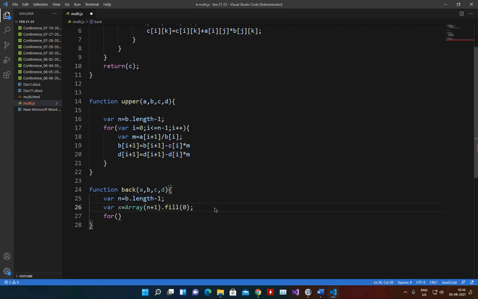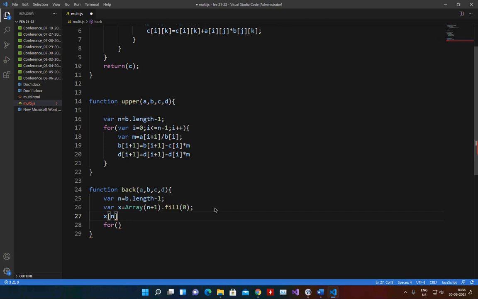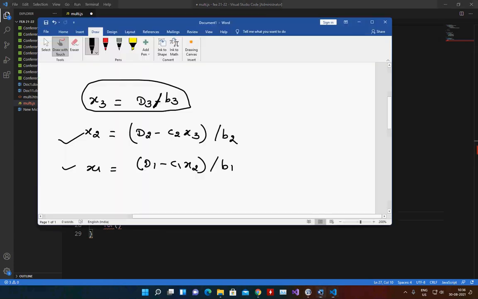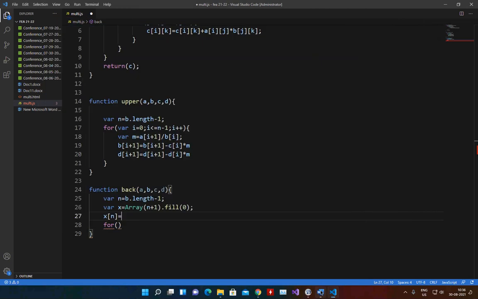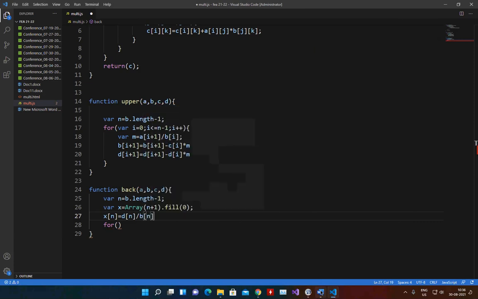First we will handle the last element. So X of n is equal to, I see the formula, dn by bn. So I write dn by bn.